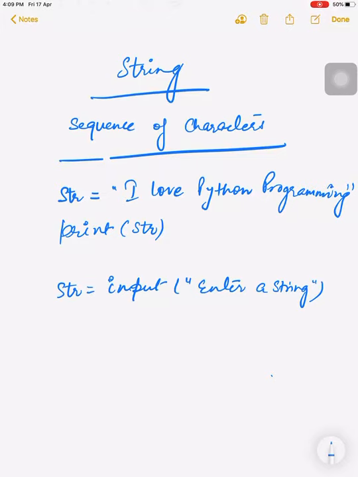But whenever we input a value without any function, it will be input only as a string. So, how can we input a string? We can initialize a string like this. We can also input a string using the input function. We can take an example of that for you.